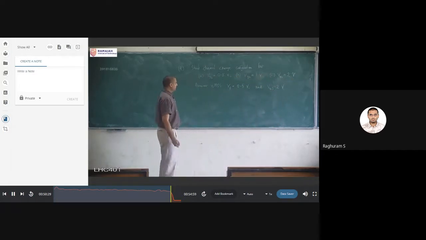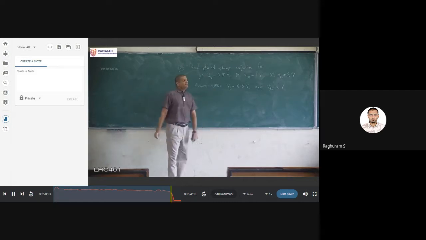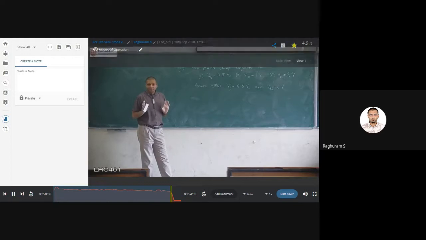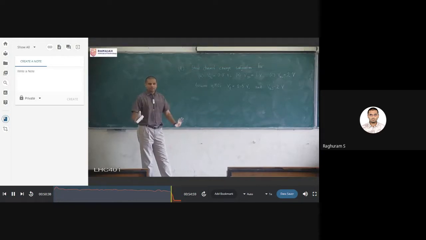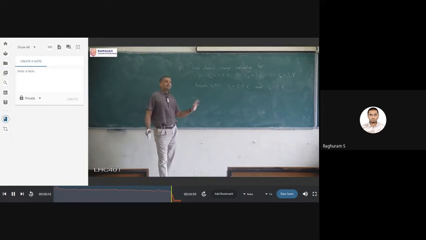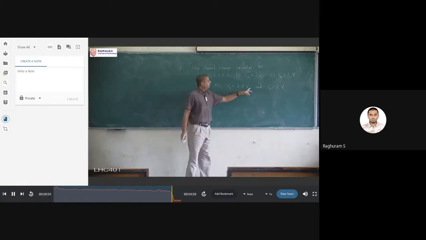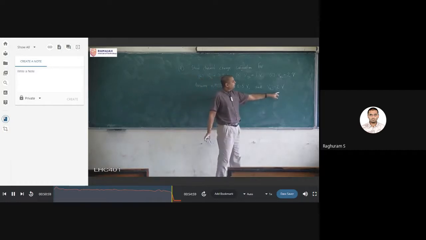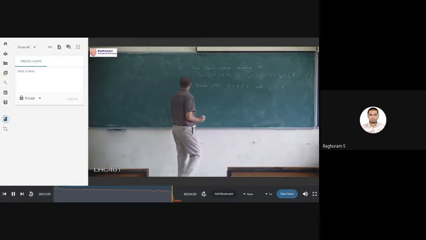So first, NMOS. How to determine what is the device? Is it NMOS or PMOS? We don't have any other device in digital circuits. But is it NMOS or PMOS? That is most important because the on-off conditions are opposite to each other, right? So first you have to determine whether it's NMOS or PMOS. It is given as NMOS, and the number is also given for threshold voltage, and the gate voltage is also given. So first condition is